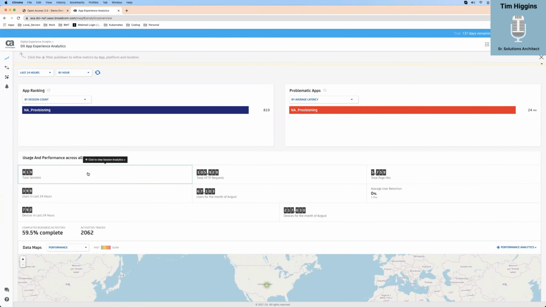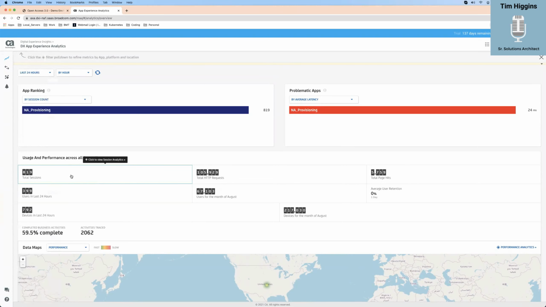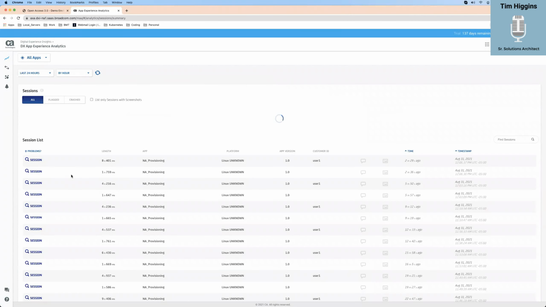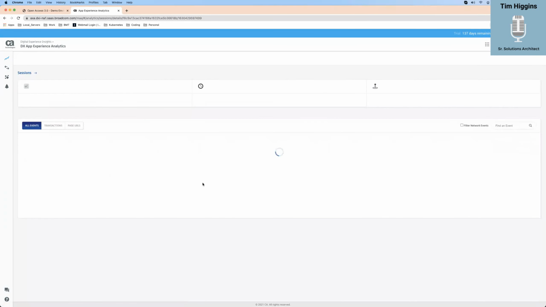And then if I scroll up, every one of these is clickable, which means I can get more detail. Now, to be honest with you, the clickable really just takes you through the menu, okay? So if I looked at total sessions, which is one of my favorites, and it's probably where you're going to spend most of your time, here I can see the last 24 hours, all the sessions that were created by my users, okay? So let's click on one of these.